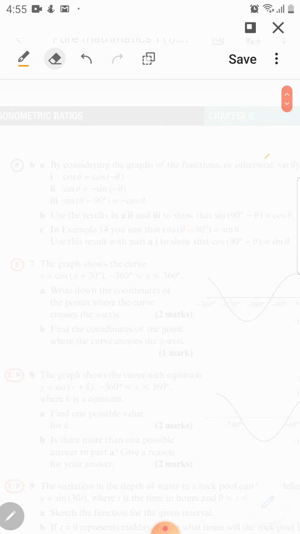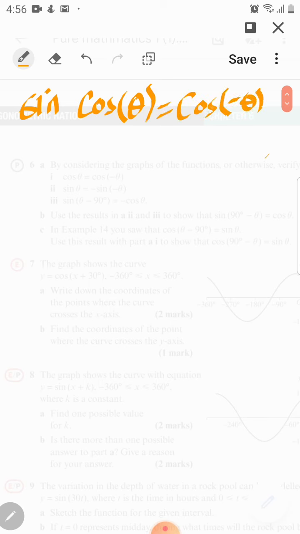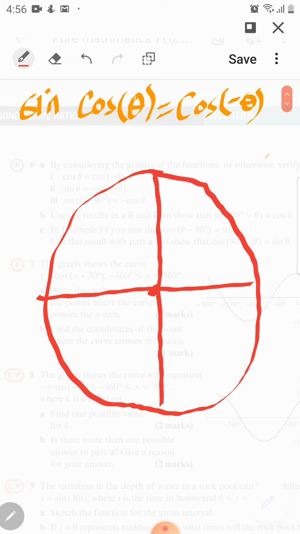So our question is show that, or to prove that, question number 6 part 1, cos of theta equals cos of minus theta. For this, let's consider a unit circle. A unit circle is a circle whose radius is 1 unit, right? So let's suppose this is the graph, x-axis, y-axis, and a circle that covers all the 4 quadrants of the graph, right boys,